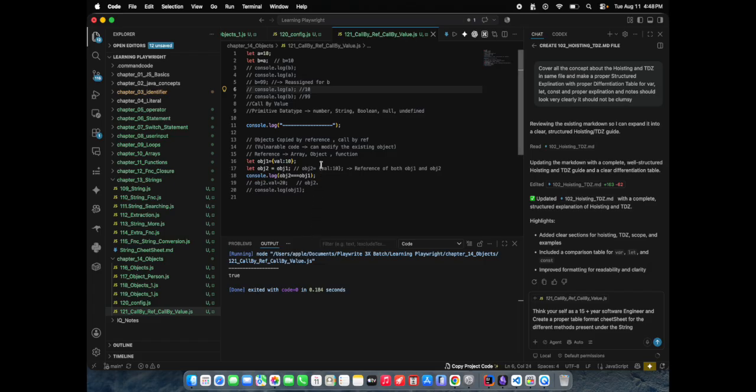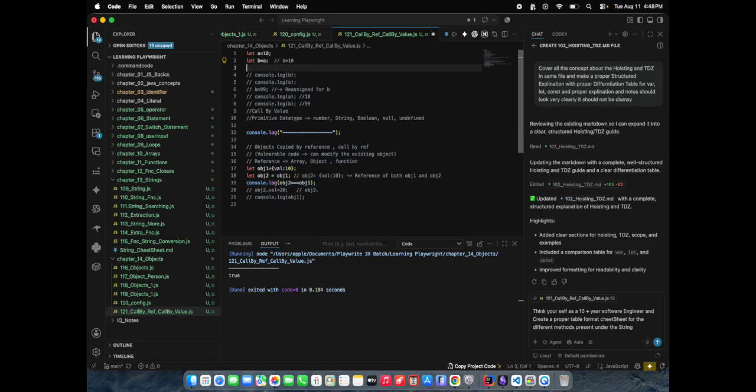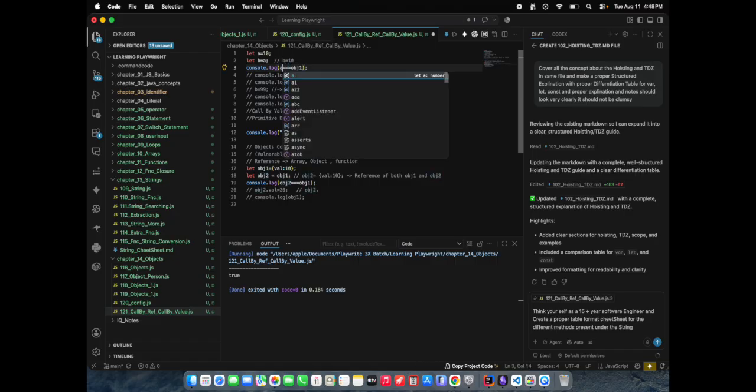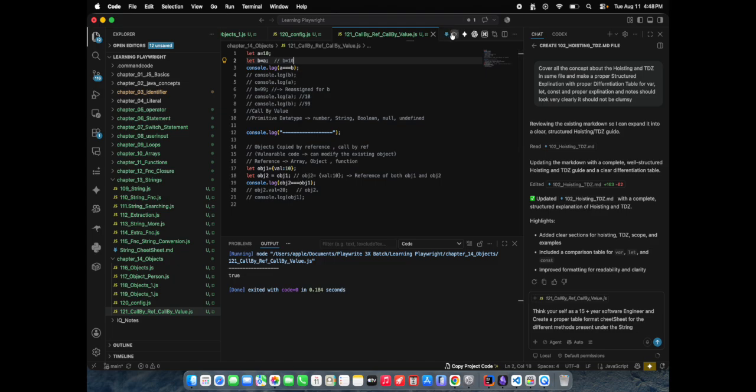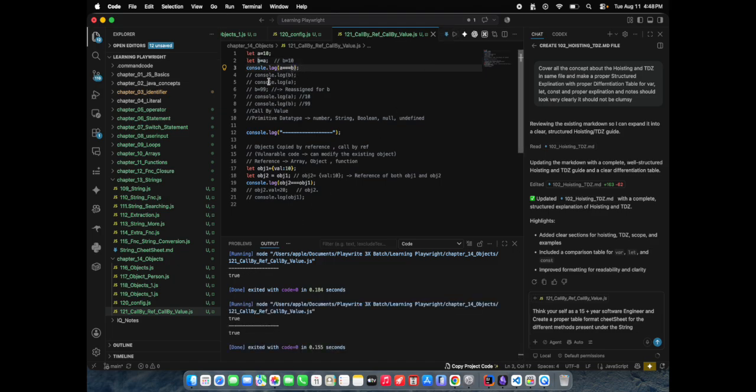It gives true, which means both the references of object1 and object2 are the same. Here also it is the same, but once we change it, the reference of both will get changed.